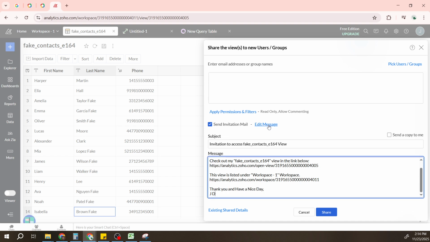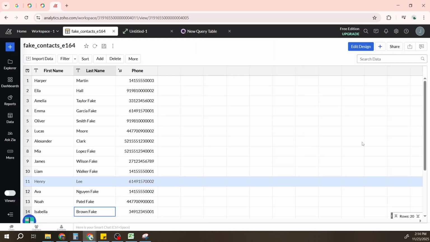Before you send, review permissions if they're available, such as View Only versus options that allow recipients to export. When everything looks right, click Share. Your recipients will receive an invitation, and they may need to sign in to view the content, depending on your